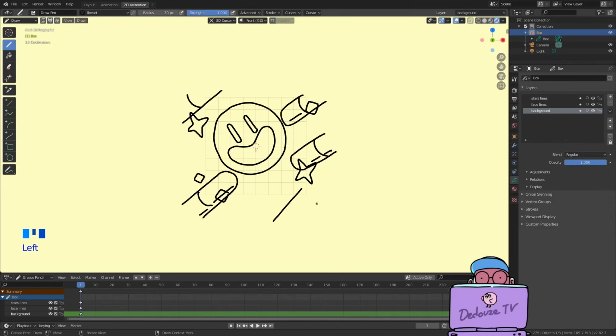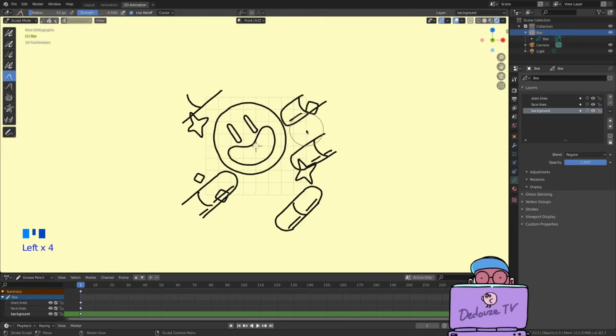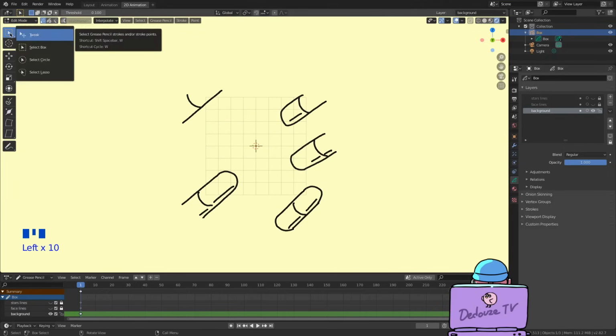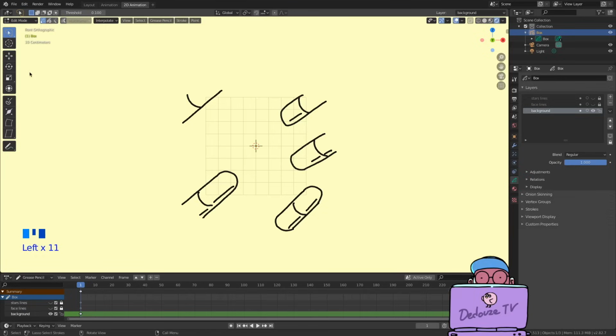I'm drawing little peels. You see that the peel at the right side is not correctly aligned with the rest. I can deform it with the sculpt tool, but that will be hard to keep its shape clean, so a new tool now. For this, I'm gonna switch to edit mode here. I'm gonna lock the layers I don't use. I can even hide them.